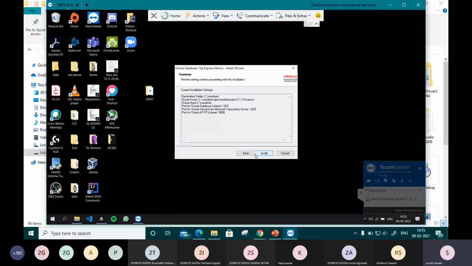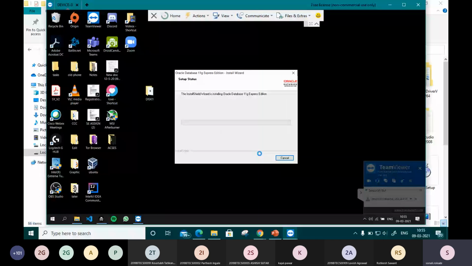This compressed edition is providing only client side applications. You cannot create server one with the help of this. So if you want to install server for this Oracle, you have to download the proper file from oracle.com, which is 4.1 GB, but it will be a little bit difficult for your site. So that's why we are using this one. It has created a shortcut on screen. Let's wait for a few more minutes.